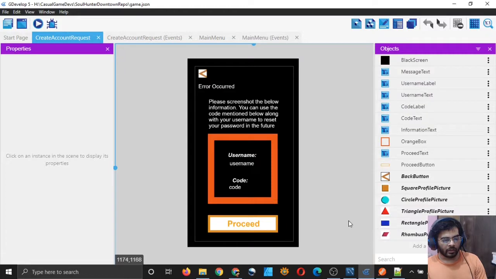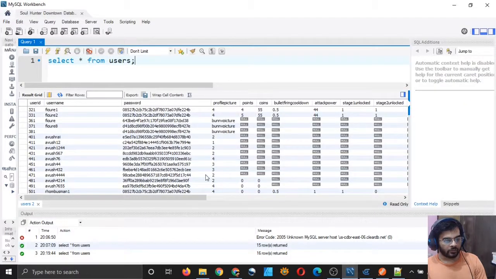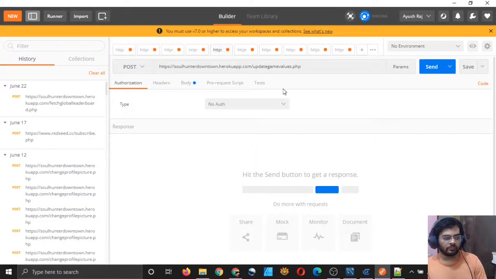So now, I had some problem when I was fetching the leaderboard. It was not being fetched properly. So let me fetch it again from Postman, not from within GDevelop, because in Postman we can see all the output, whatever is echoed from the server, but GDevelop or any other application which we are developing ourselves won't be able to display all the things which the server is echoing back to us, which the server is returning to us.